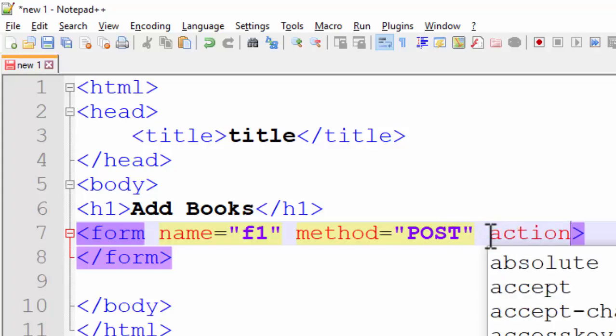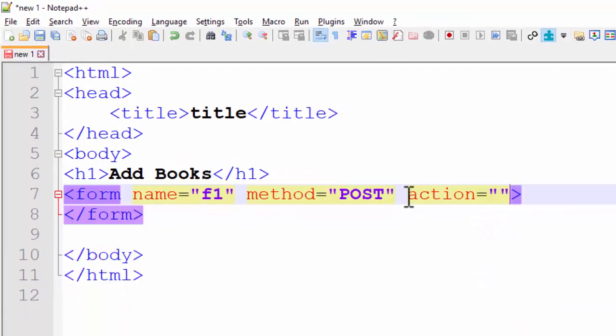I will use the action attribute, and I'm leaving it blank. The action attribute specifies which page or which PHP page will receive this form data. If I leave the action attribute blank, it means the data submitted by this form will be received by